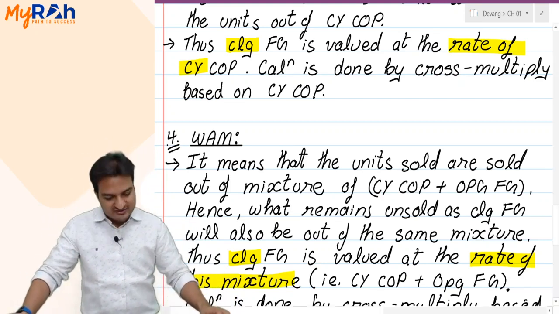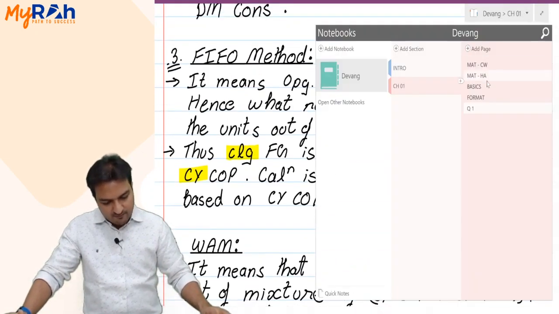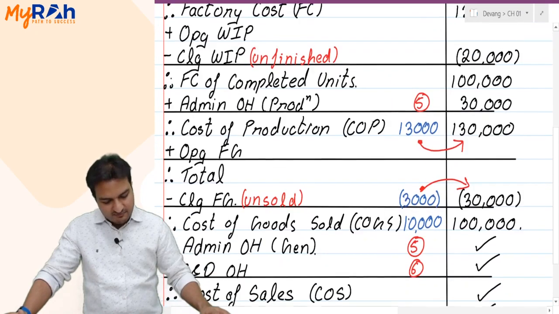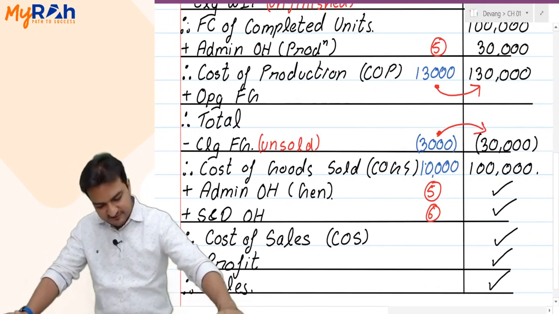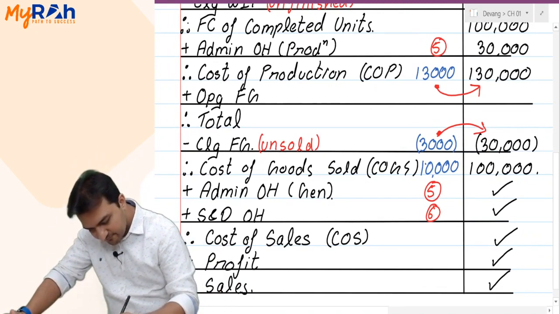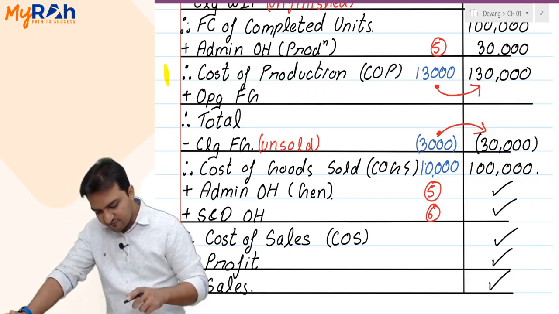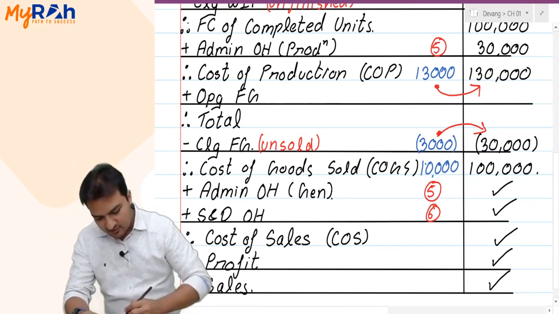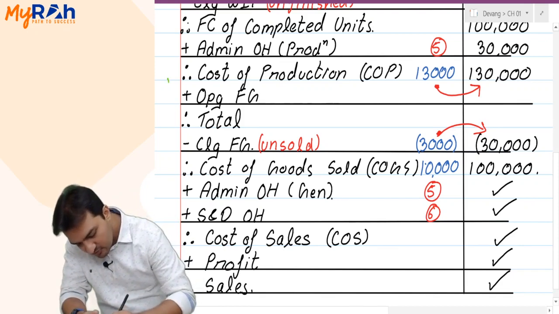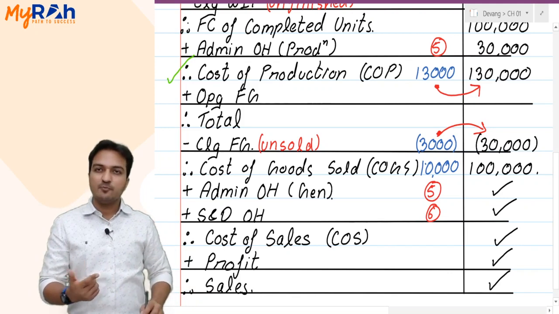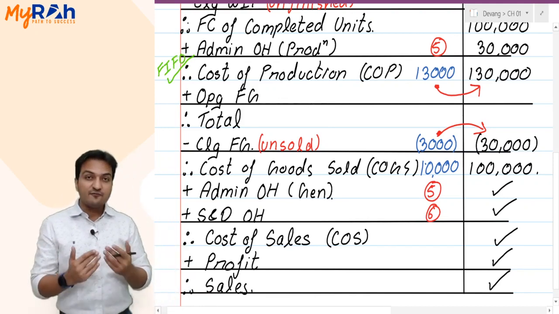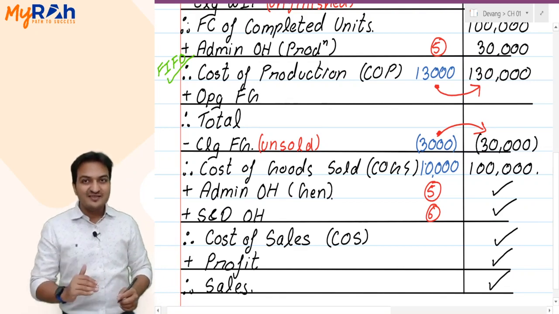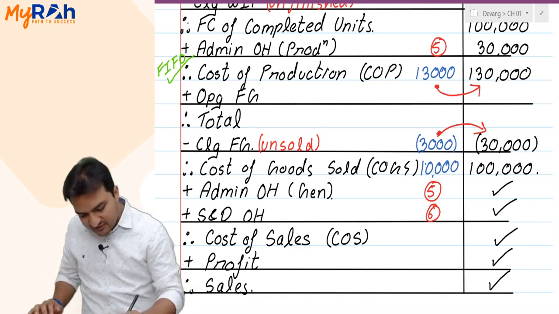In fact, I also suggest you one more thing. Do this in the format that I gave you earlier, this blank format that you might have made earlier. In this format itself, I want you to mention this. Look how I am mentioning. You put a tick on COP here. COP is the COP of current year. You put a tick on that and write down that this is for FIFO method. Meaning, if I ask you to do valuation by FIFO method, then the cross multiplication will be done